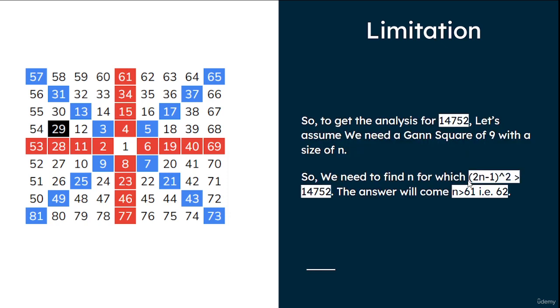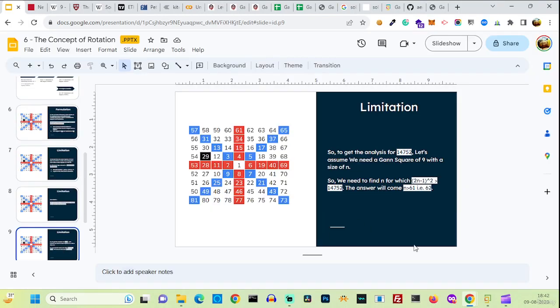So to get analysis for 14752, let's assume you need a Gann square of 9 with a size of n, right? So we need to find n for which 2n minus 1, like we are calculating it in reverse way. So the answer will come that we need a Gann square of 9 with a size of 62. If I do 62 in the software here,